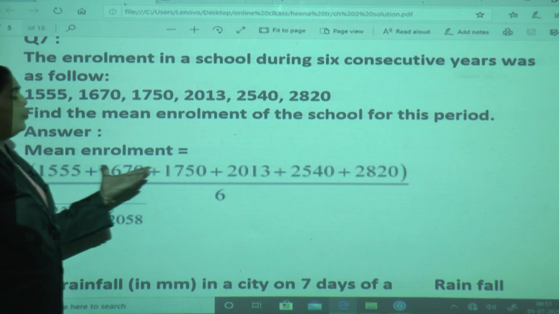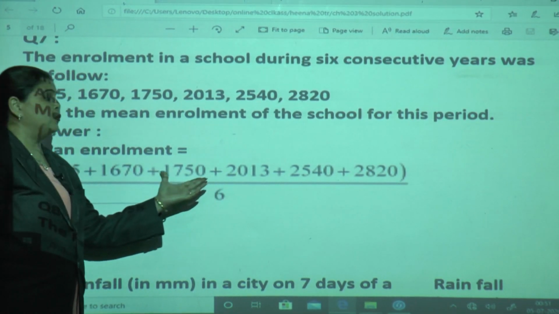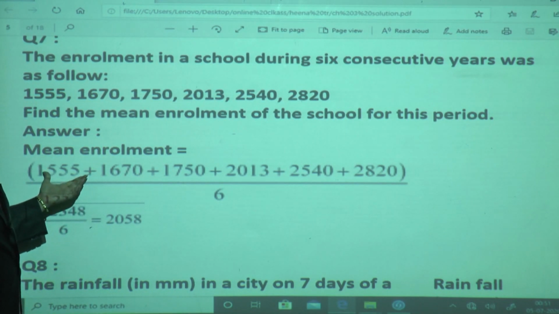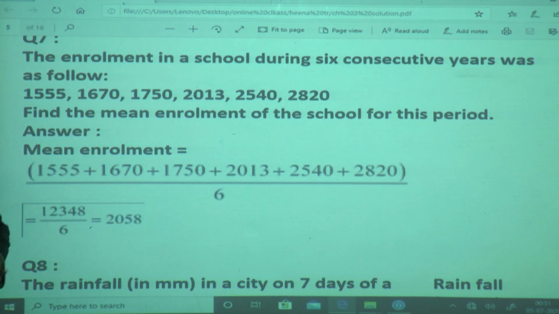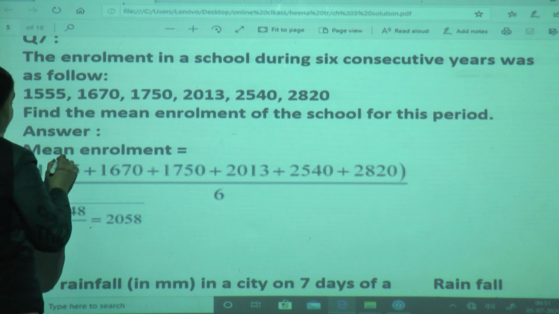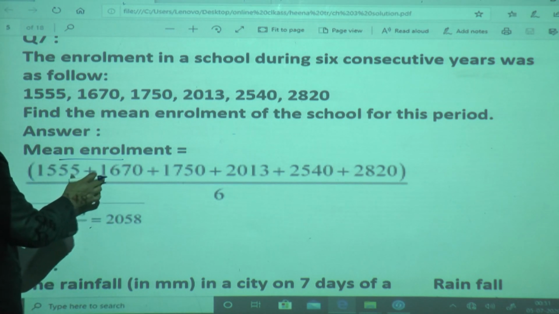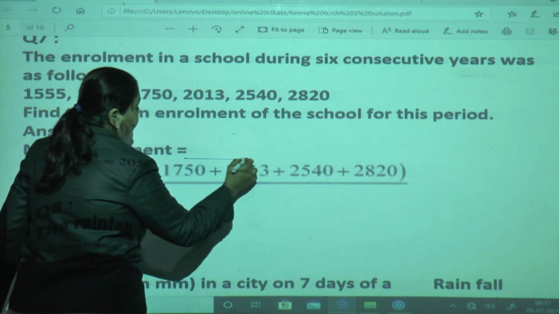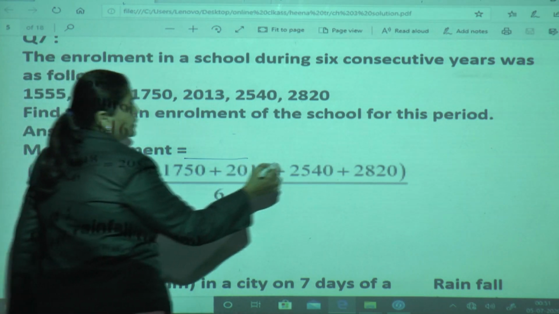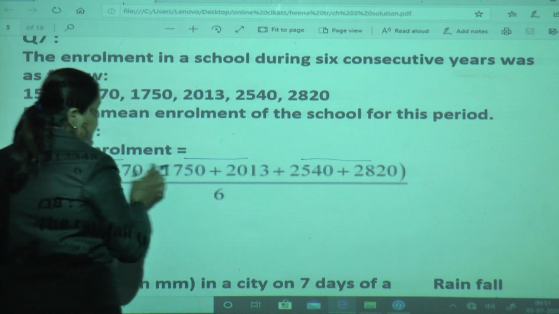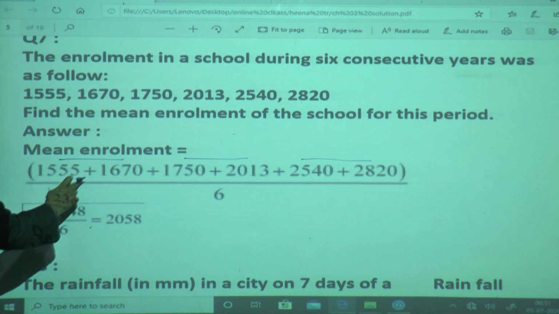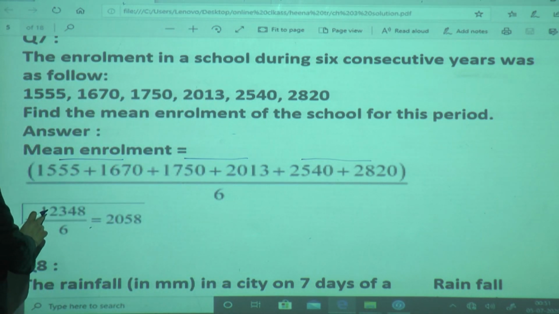Because it is hard to do the sum, I will give a small trick here, because we have 4-digit numbers. You can do the pairing of numbers together. You can pair these and do the total of this, pair these and do the total of this, and pair these and do the total of this. Then add all the totals.